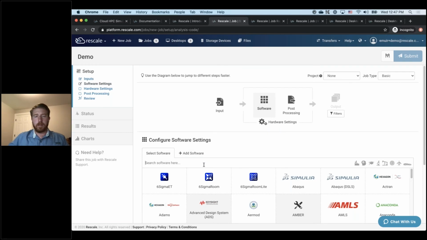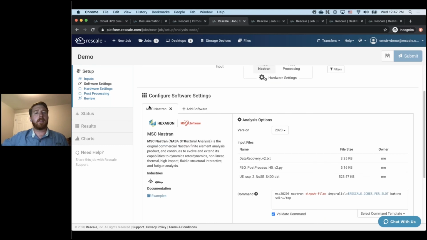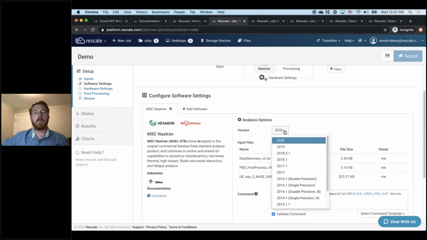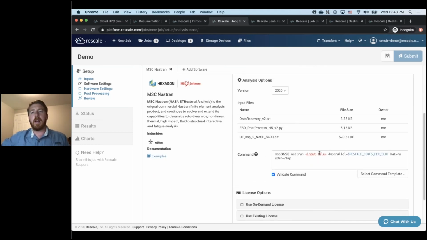The next thing that we will do is look for MSC Nastran as a software tile. And so that's the software we're going to run the analysis on. There's several different versions available. We'll go ahead with 2020 for this one. And you'll notice that Rescale automatically populates the command submission inputs for you. That's very convenient, so you don't have to remember what the different inputs are. In this particular case, we're going to run shared memory parallel, and all I have to do is just give it the